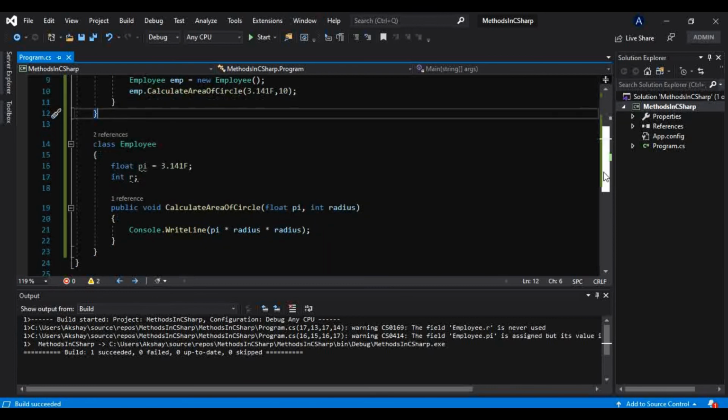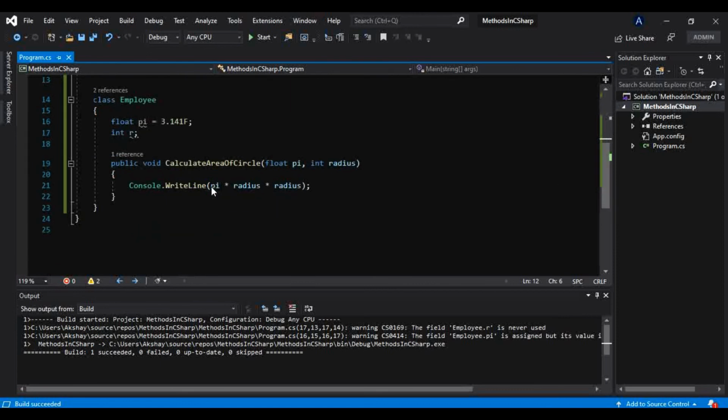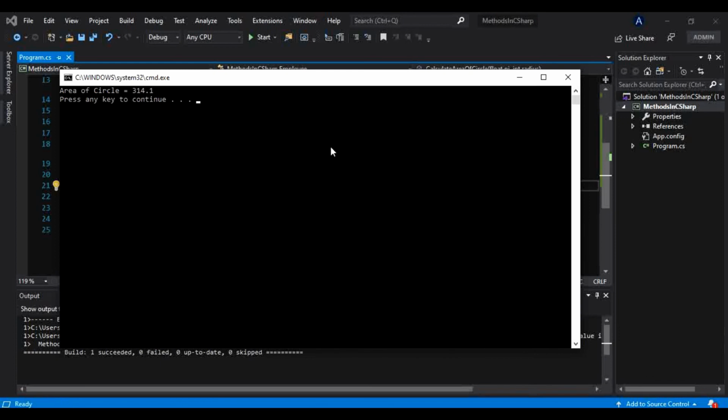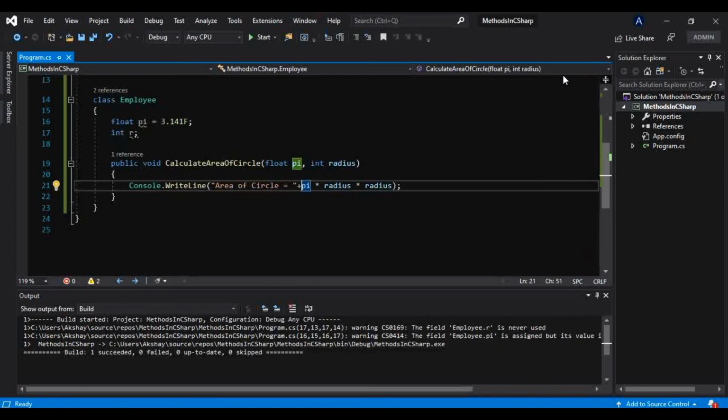To make that look better, I will print one message: area of circle is equal to whatever the result gives us. Okay, area of circle is equal to 314.41.